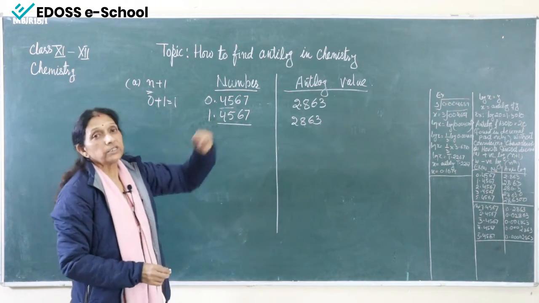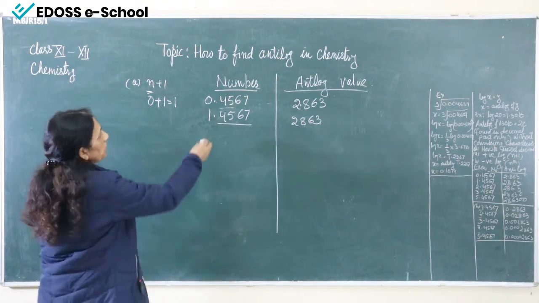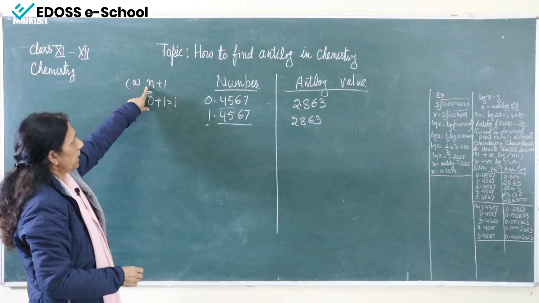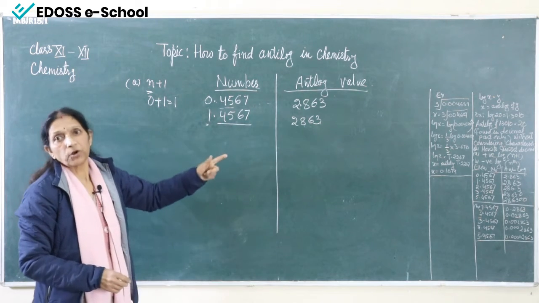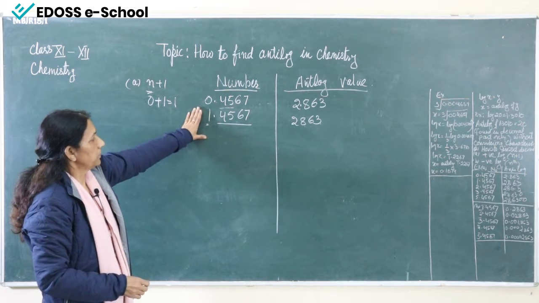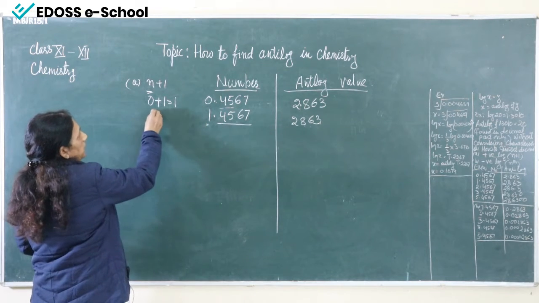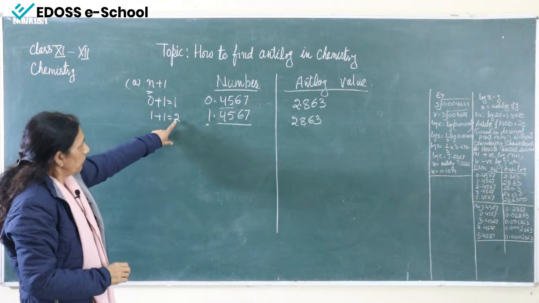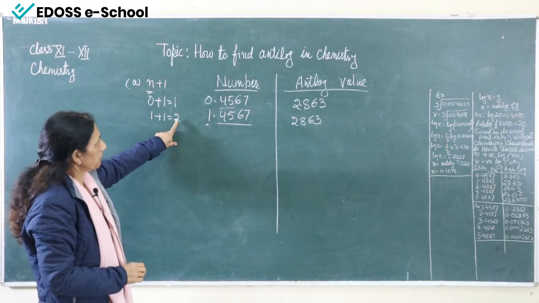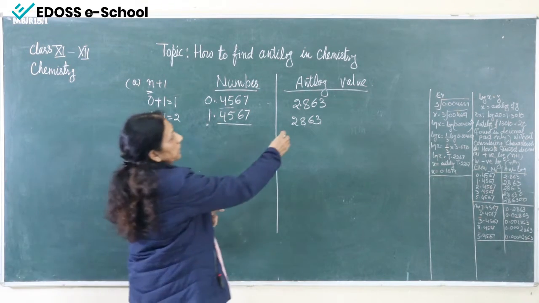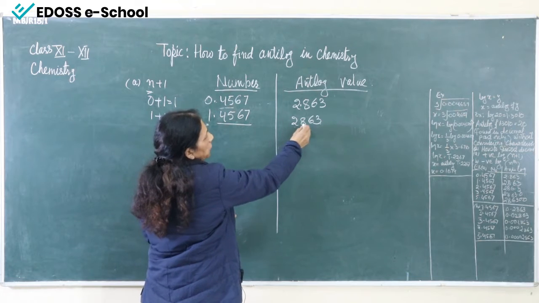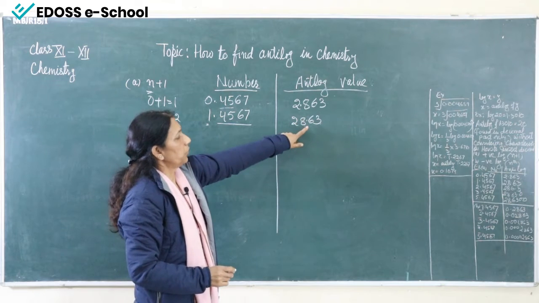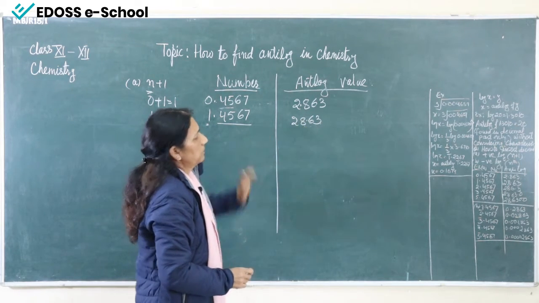Now, where to insert the decimal? What will I do now? Because now my characteristic, or n, is 1. Same formula, because the number is positive, not a negative number. So n is 1, 1 plus 1 is equal to 2. That means we will insert the decimal after the second place, the second significant number. So, 1 and 2. Here we will insert the decimal. This is the second place, 28.63. This is the way.